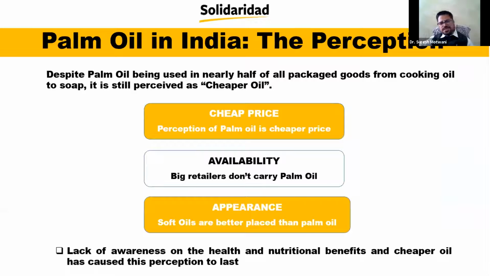So basically, you can see these are some issues. You can call them issues, problems, or perceptions. Basically, this is true. I'm not saying palm oil is cheap as a claim, but this is the context in which we talk about the Indian market, where different oils are available. Palm oil is considered a cheap oil compared to the other edible oils available. And the major issue is that palm oil is not sold in the market as a brand. The big retailers or supermarkets do not have a separate brand of palm oil.